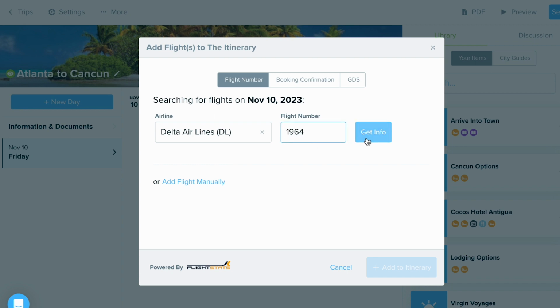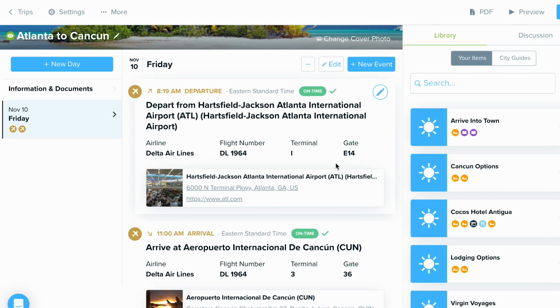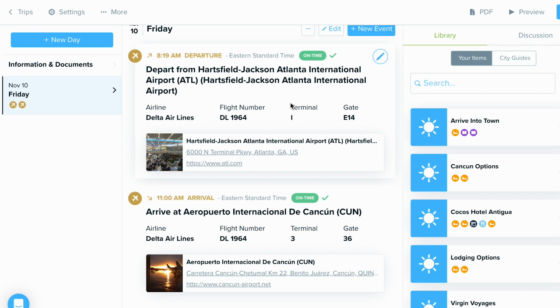And once done, select Get Info. From here, you're going to get a preview of the flight, just to make sure this is the correct one. If you have additional legs to this flight, make sure to continue adding those flight numbers before selecting Add to Itinerary. From here, you will see that there are two events that came over for us, the departure and arrival